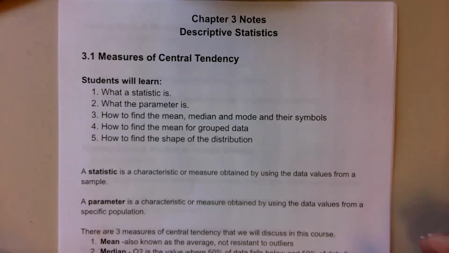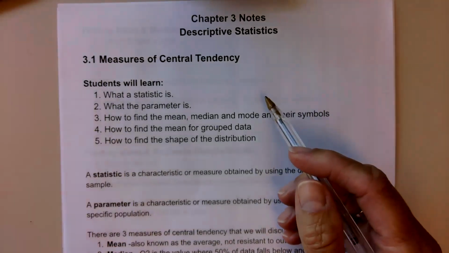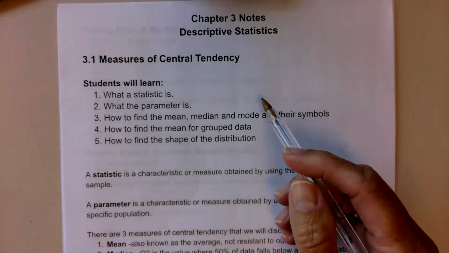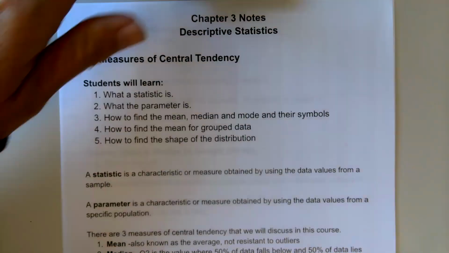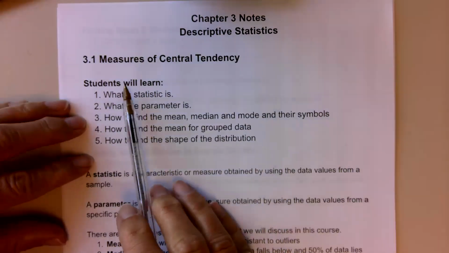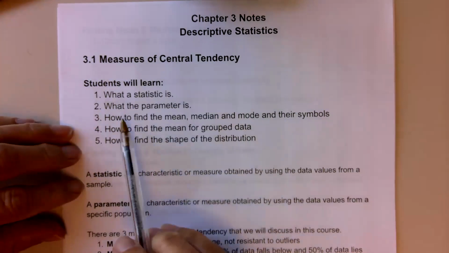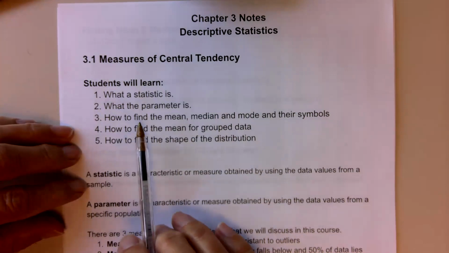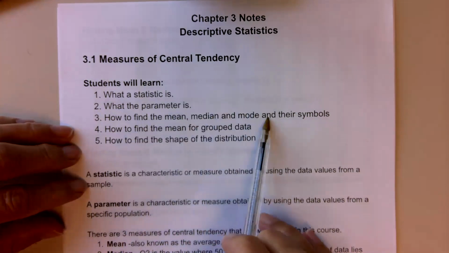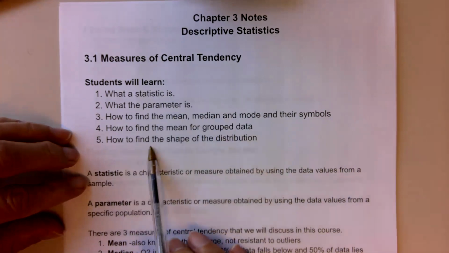This chapter is all about descriptive statistics and taking our raw data, instead of looking at it visually on a graph or chart, we're going to start looking at our data in numerical ways. And the first thing we're going to look at is measures of central tendency. Students are going to learn what a statistic is, what a parameter is, how to find the mean, median, and mode and their symbols, how to find the mean for grouped data, and also how to find